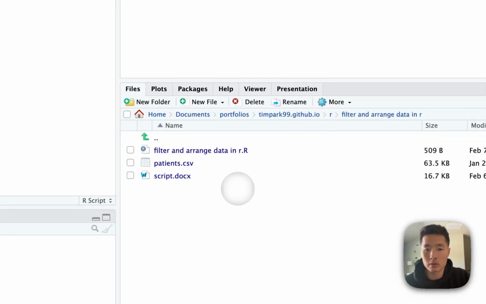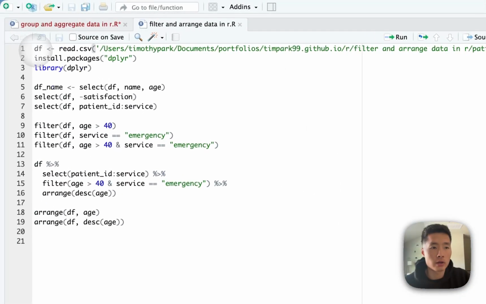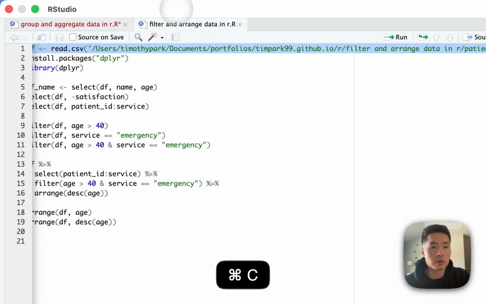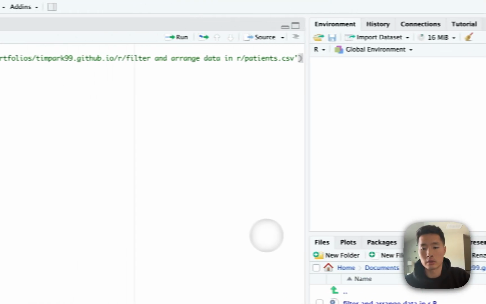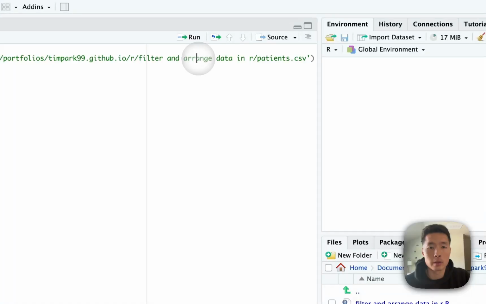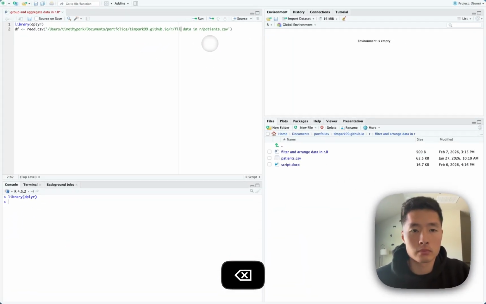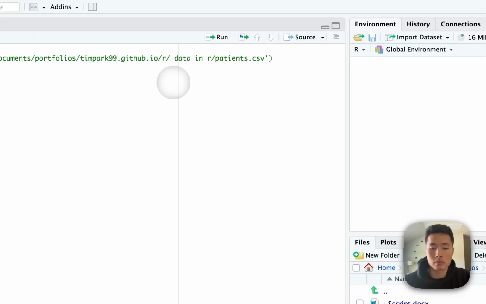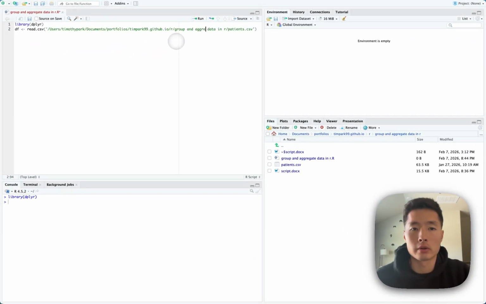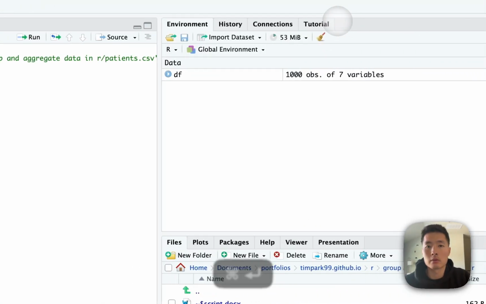So come here, open up the previous file, copy, paste here, and then since we changed the name of the folder, I'm going to go ahead and change this to group and aggregate data in R. We run that, and let's